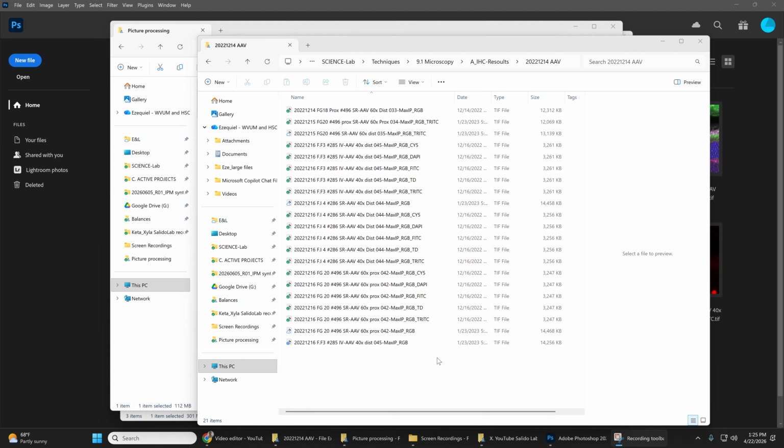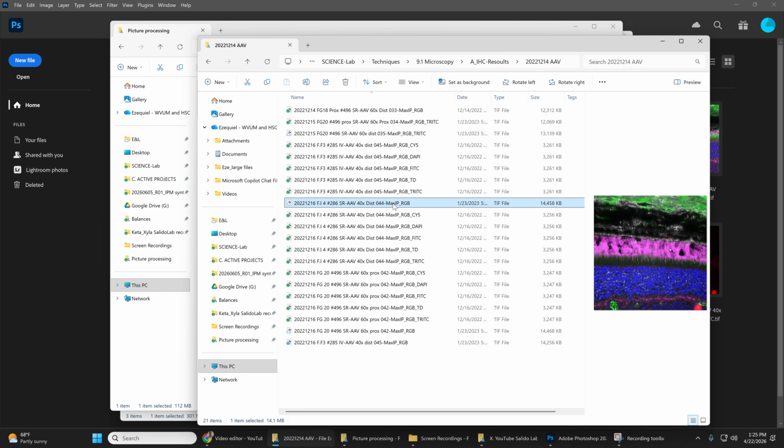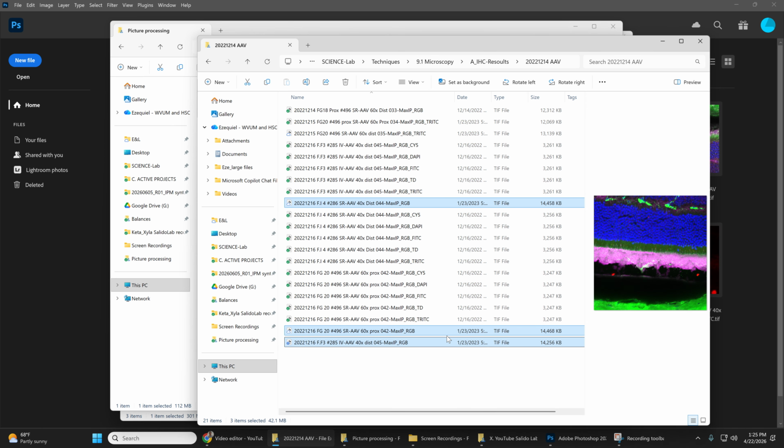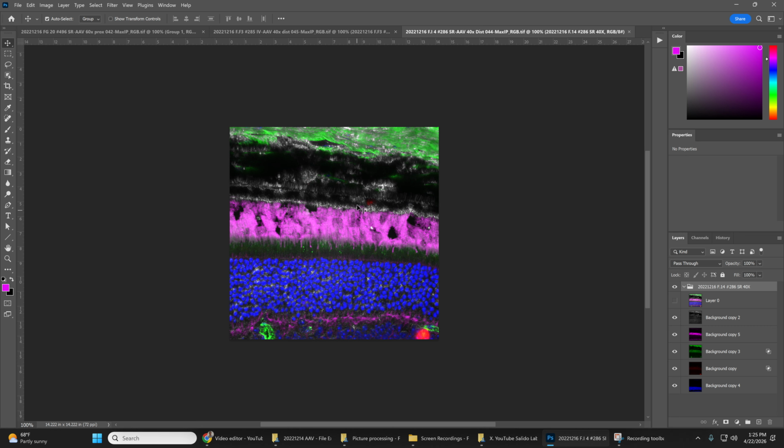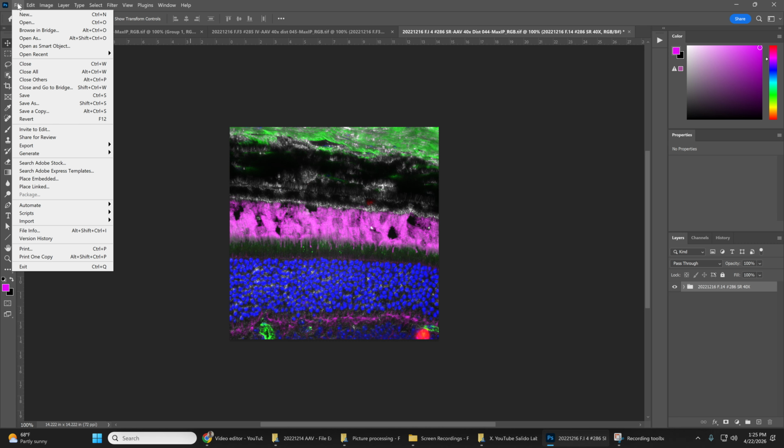Okay, so to make a master template where you can put all the files that you already processed, the idea is to open the ones that are already being processed, open them all in Photoshop again. So you're going to have several folders in each of them. And for that, you wanted to make a new folder.